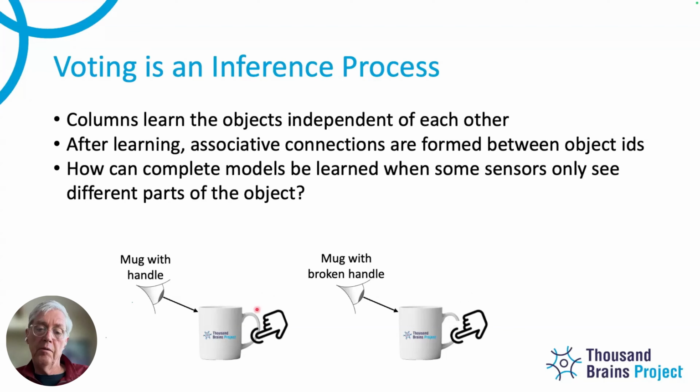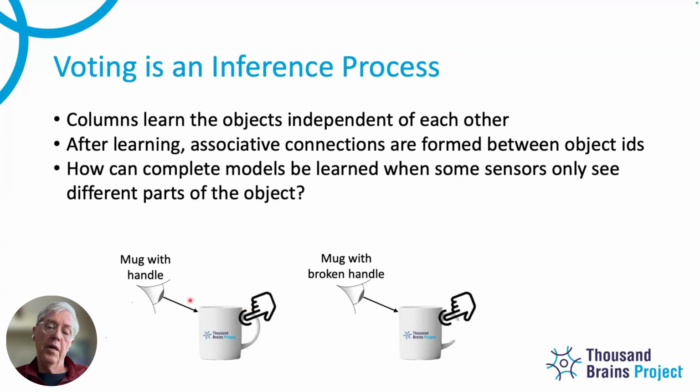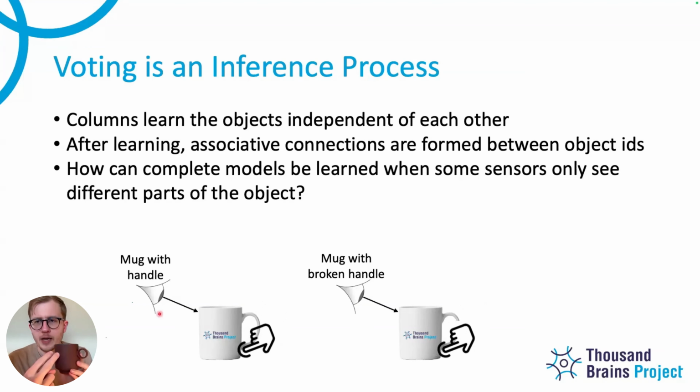The finger doesn't feel the logo, and the eye doesn't see the handle. So it's possible that this system could still work like this. It's unusual that you wouldn't see the handle with your eyes, but if that was the case, the whole system doesn't fail. It's just that the visual system doesn't have different models for mugs with handles, and the somatic sensory system does. That's the way the system works. It's a subtle point. Maybe an intuitive example would be, imagine your retina, your eye, is looking at this mug.